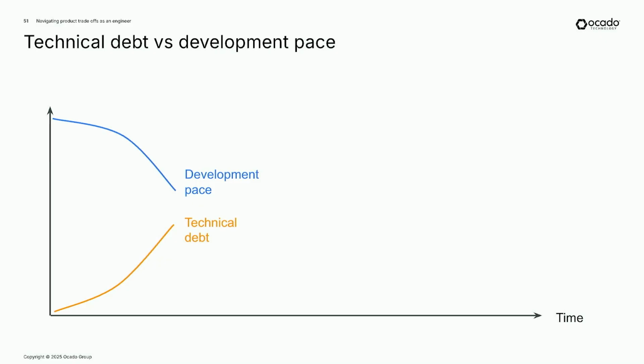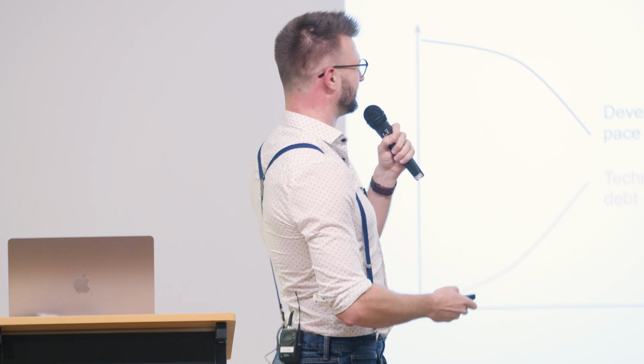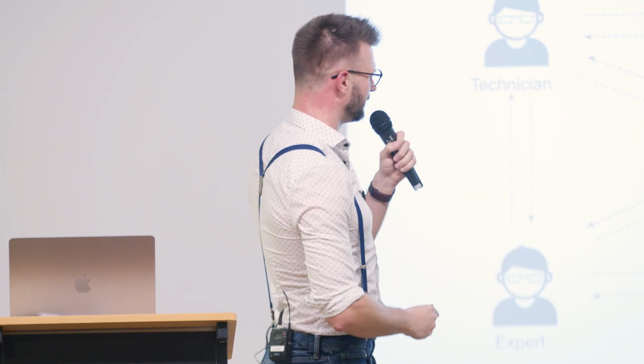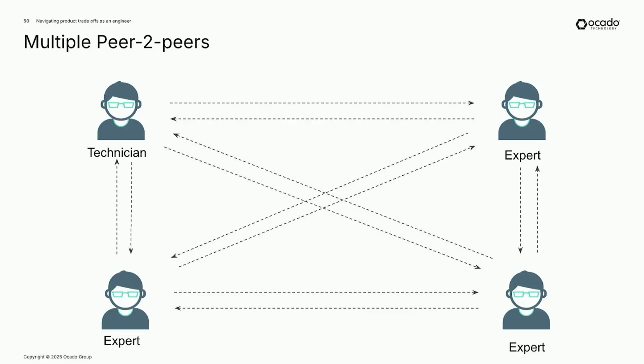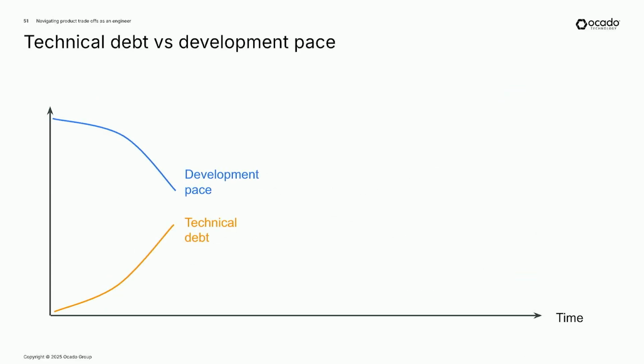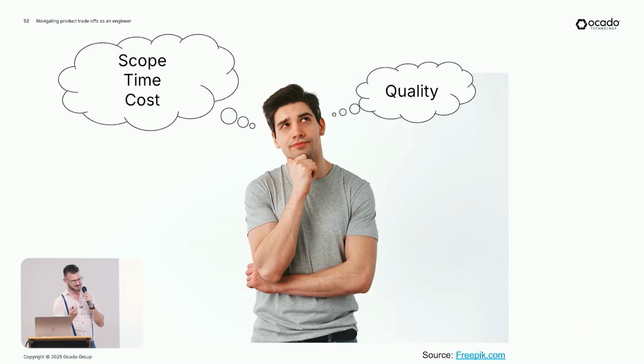Because we had taken this technical shortcut of going with the peer-to-peer solution, if we tried to implement one-to-many connections, it would probably be infinite bug fixing all over the place. So, similar to the previous project, there was a trade-off to be made. Which one do we sacrifice? Do we increase the cost, or do we sacrifice the quality and still try to bug fix the problem and stick to the solution that we chose in the first place?